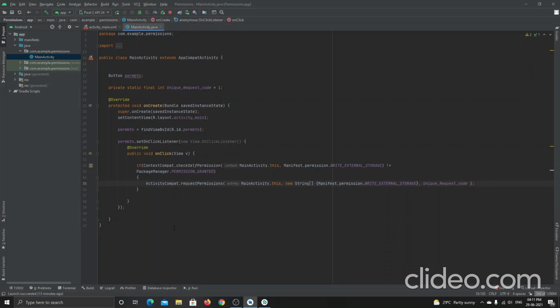Yeah, it's good. All the errors are resolved, and this unique request code will be automatically reset.